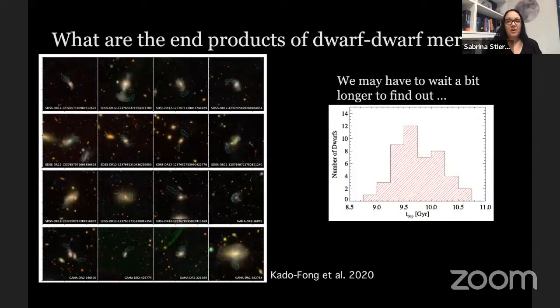So what are the end products of dwarf-dwarf mergers? If you don't get the same thing as a massive galaxy merger, where you funnel everything into the center of mass and you burn through your fuel and you end with this red quiescent system, will the same thing happen for dwarfs? Well, I say here we might have to wait a bit longer to find out, because these dwarf